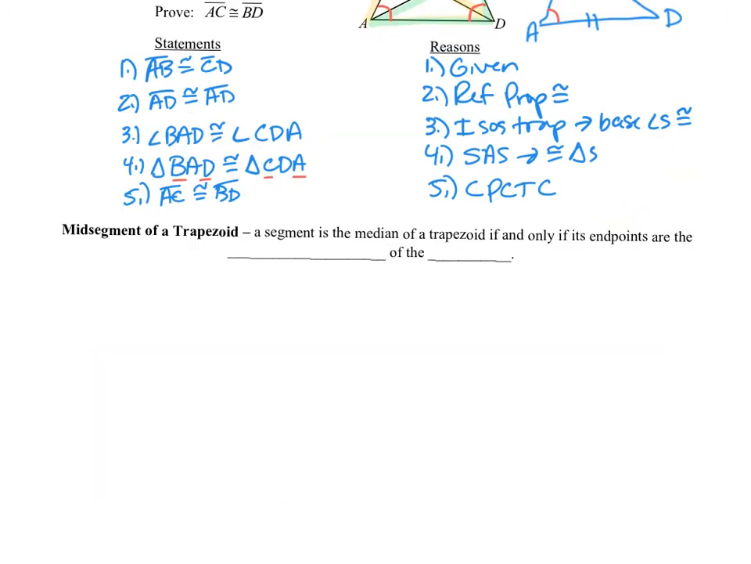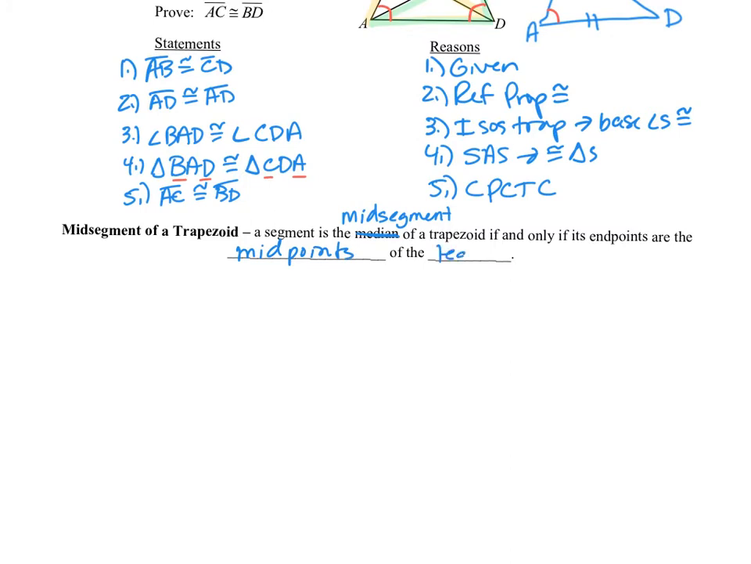Okay, the next thing we're going to look at is a definition, and that definition is the midsegment of a trapezoid. So the definition says a segment is a, oops, that's a typo. I'm so sorry. That shouldn't say median. If you could fix that, that should say mid-segment. I thought I fixed that. I apologize. Okay, a segment is the mid-segment of a trapezoid if and only if its endpoints are the midpoints